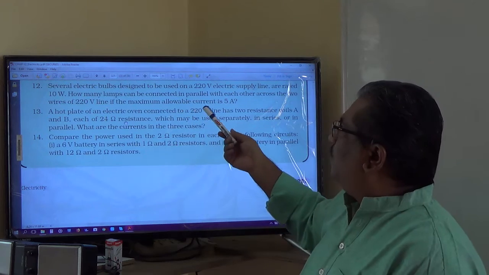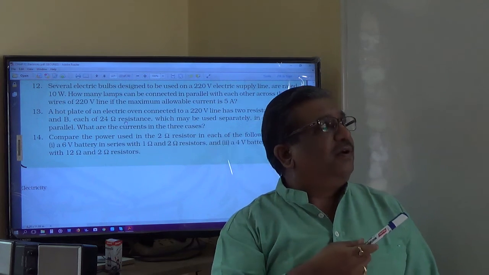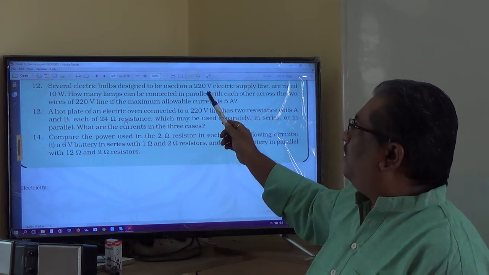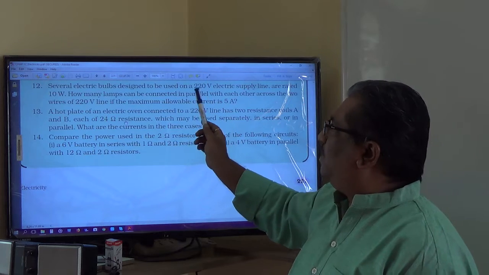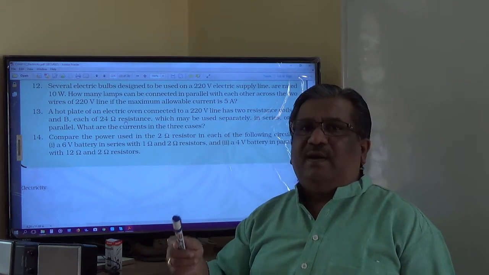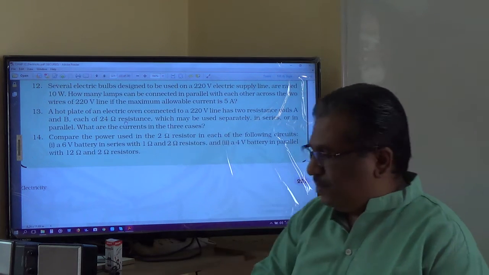So that you use in the formula, Ohm's law, and I think this is very simple, which I did for the 11th one. Similar to that exactly. Here you have to calculate the resistance of the electric bulb using power rating. How do you calculate? P is equal to V square by R, R is equal to V square by P. You calculate yourself, solve this problem, which is simple. Next.